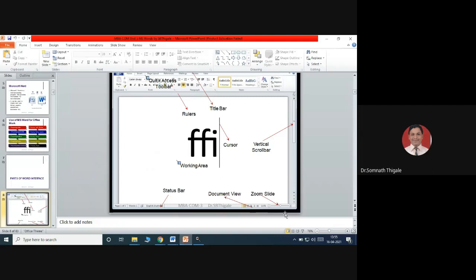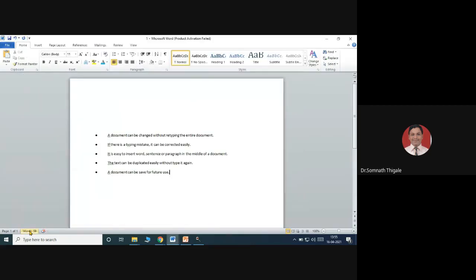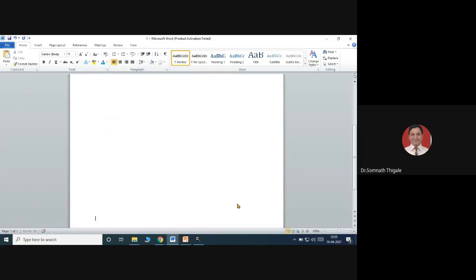Then I have shown you the status bar, document view, and zoom window. This one is the status bar: total words, how many pages are there. If I want to add one page over here, I just need to bring the cursor down, press Enter, Enter, Enter, Enter, Enter. So the second page is added.